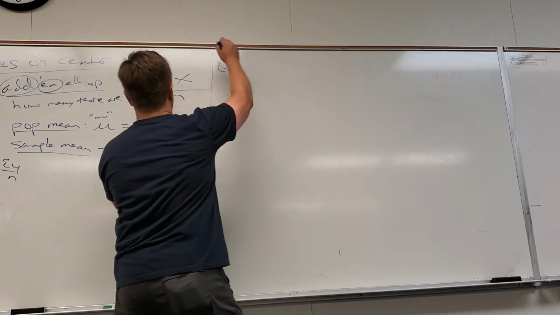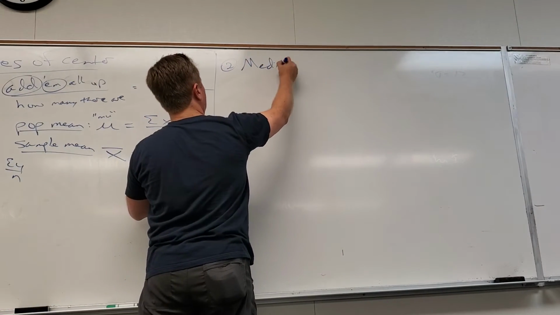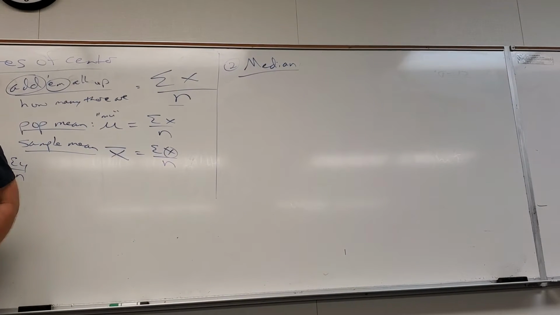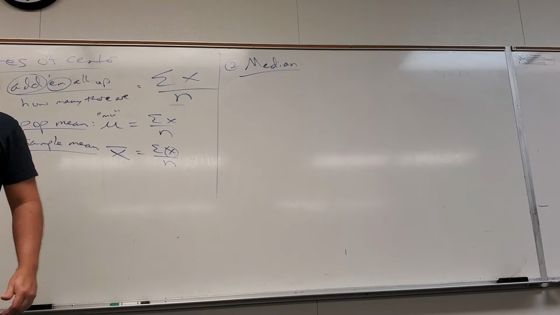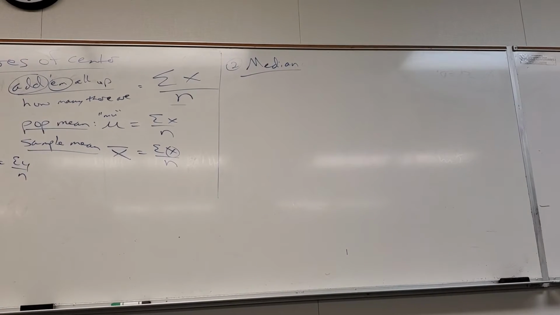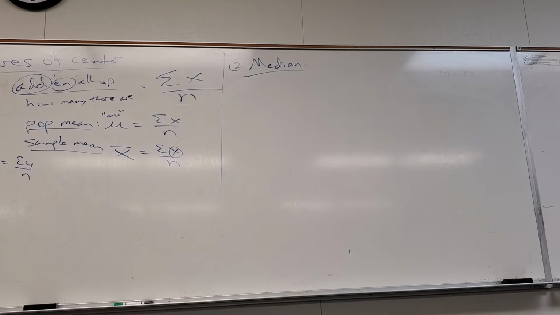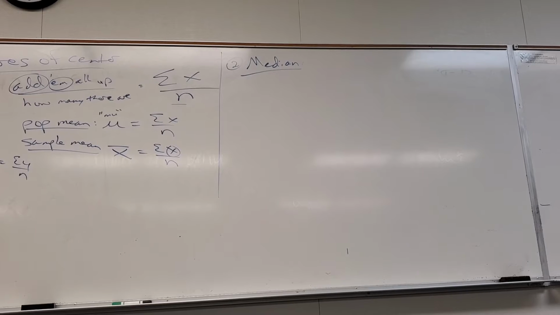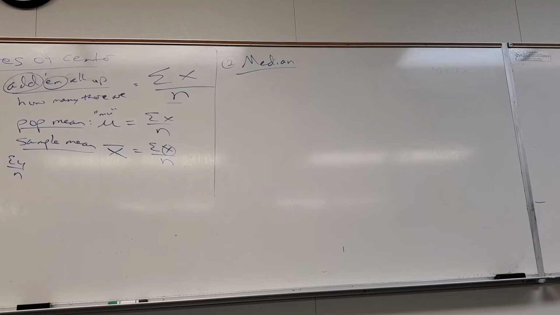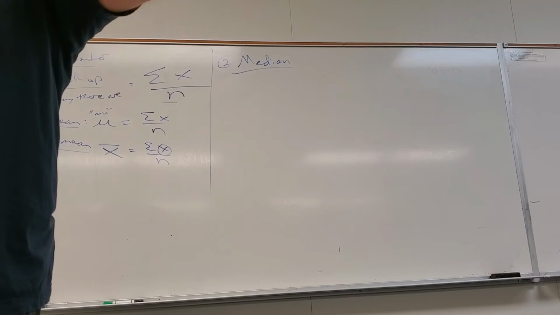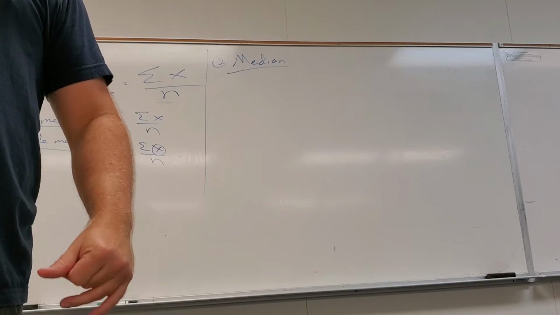So another measure of center is something called the median. This has come up before in your homework, so you've seen this word already. What is median another name for? Where's the median in the road? In the middle. So the median is another name for the data point that's in the middle, which is another name for what in statistics? P. If it's in the middle, how far through is it? Is it 80% through? 50%, so it's P50, Q2. So the median is just P50.